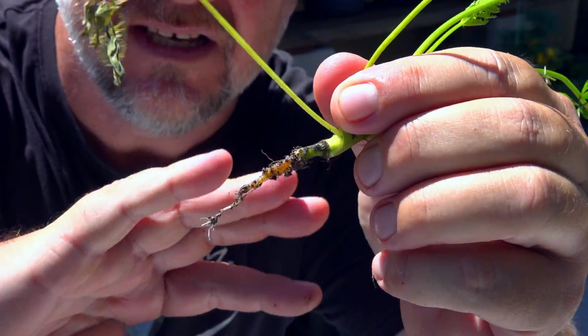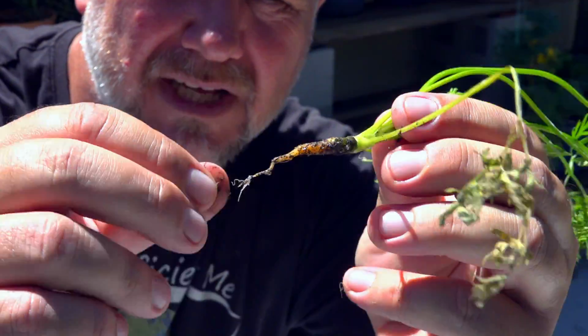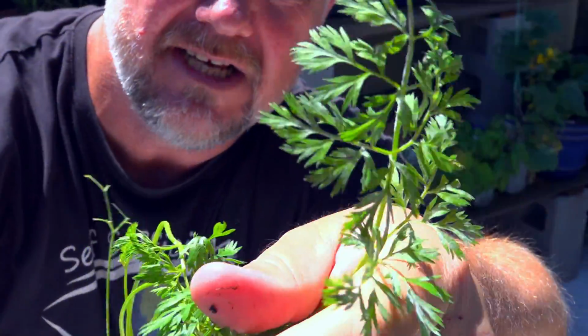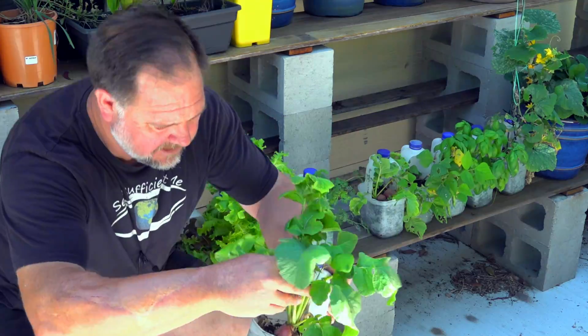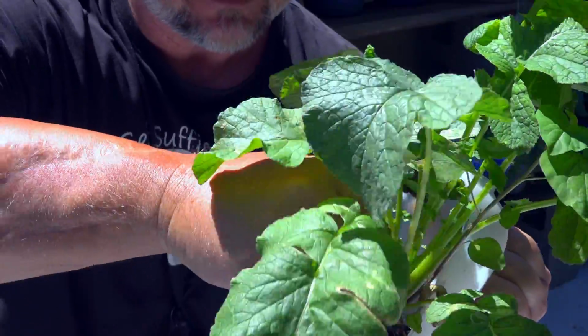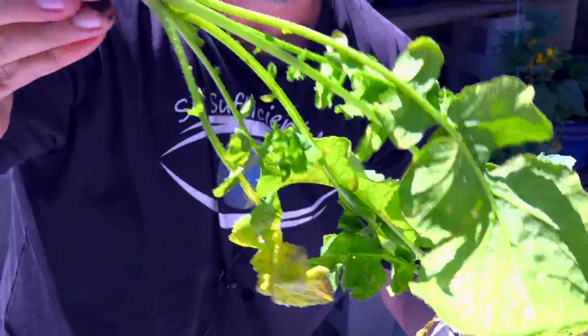You can see it's developing well, no problems at all, but it's nowhere big enough to eat. But it's working, and the leaves are healthy, no problem at all. The radish, this one's got 3 in it. This variety is only a small bulb of radish. Let's pick one out. It's fairly healthy looking,